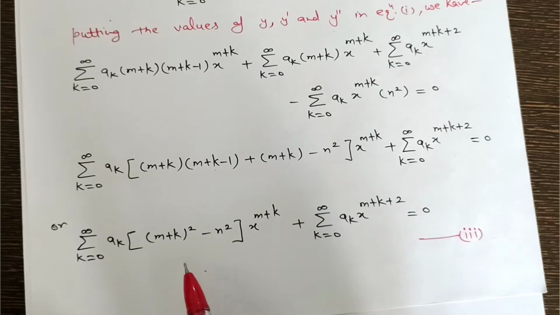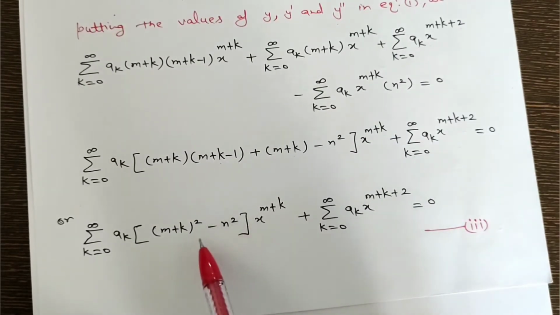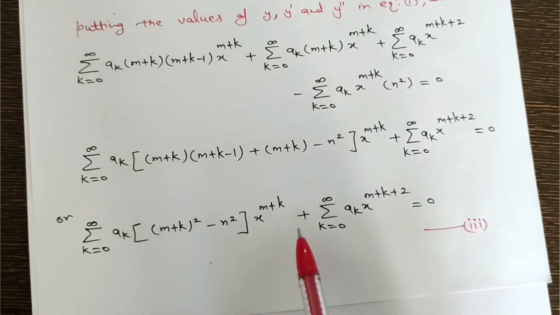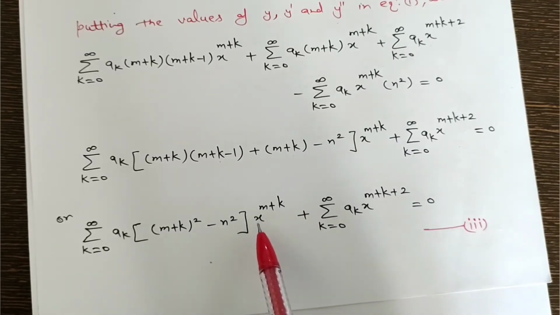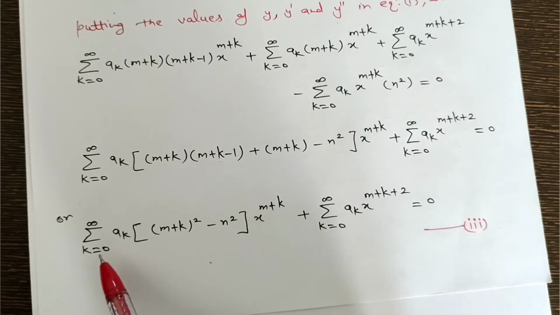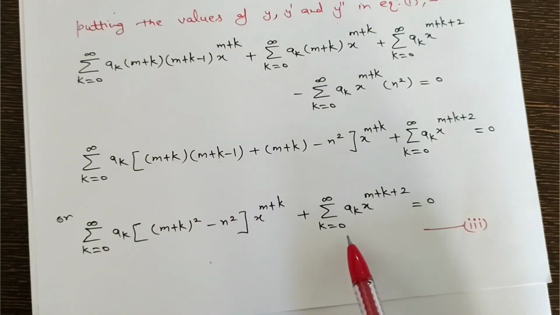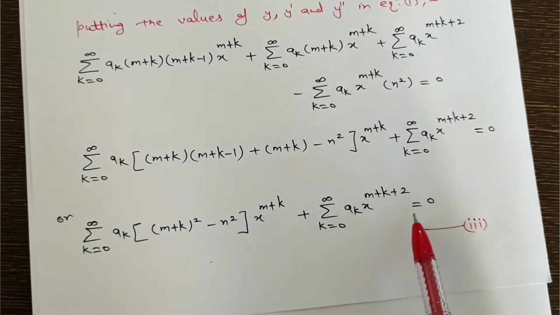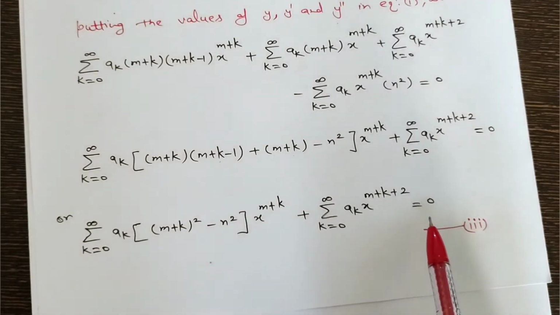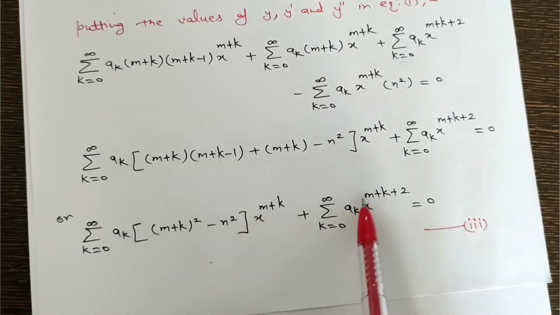So look at this equation third. On the left hand side of this equation there are various terms, or you can say it is a polynomial in x because it contains different powers of x depending on the value of the summation index, because the summation index is actually running from 0 to infinity. So this term also will have different powers of x, this will also have different powers of x, but on the right hand side it is 0. So this equality can be satisfied only when the coefficient of different powers of x is separately made equal to 0.